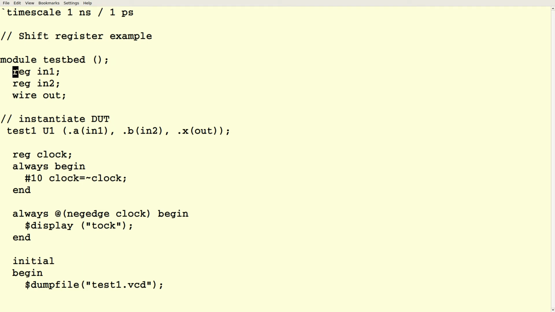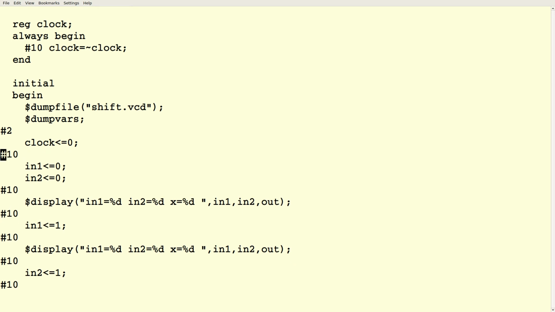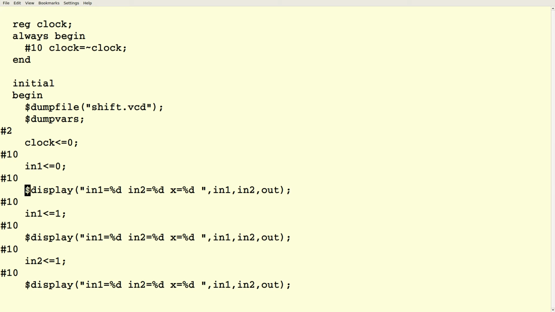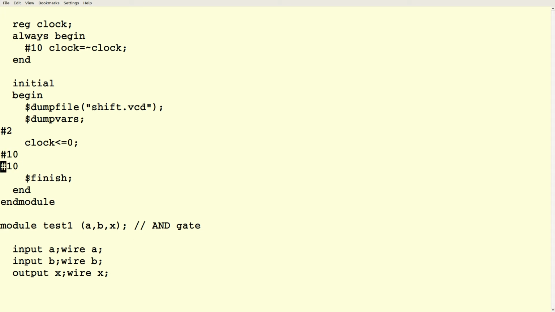So let's have an input and a clock and an output. So let's make a shift register U1. So we'll toggle our clock every 10 nanoseconds. What is this called? Shift. All right, so we'll initialize the clock to 0 and the input to 0,